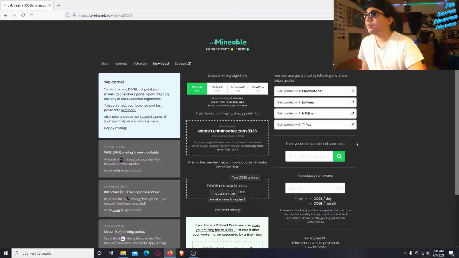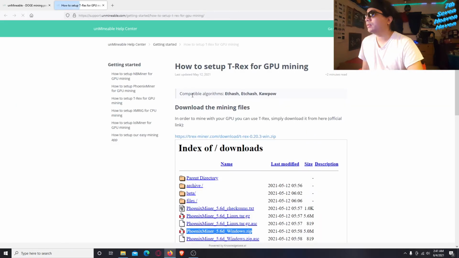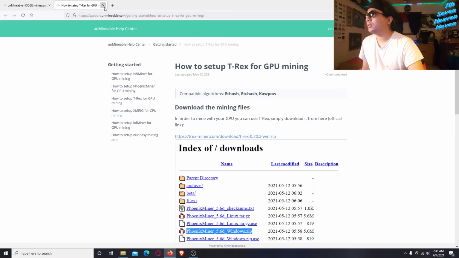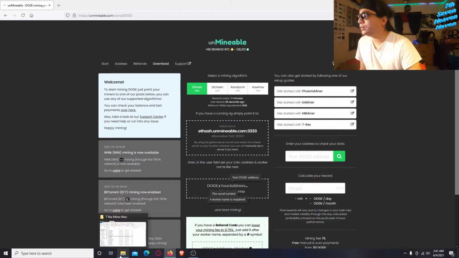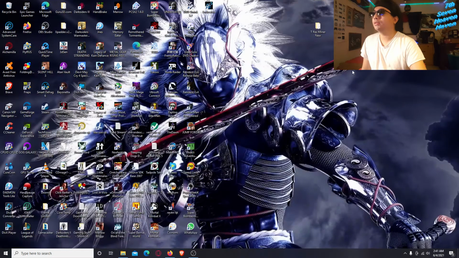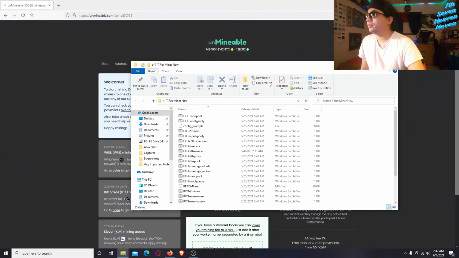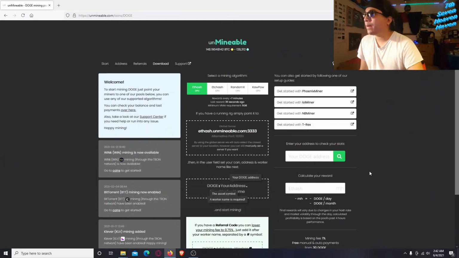So what we're gonna do is click right here on T-Rex, and it's gonna send you to the thing again. But since we already have it, we're just gonna go ahead and minimize this and open T-Rex miner new. There you go. So what we're gonna do is minimize this. See, this should be the instructions. Okay, blah blah blah. Go ahead and go to start. Wait, but